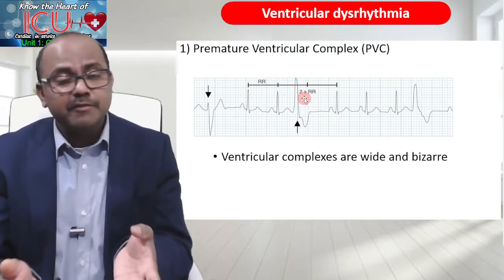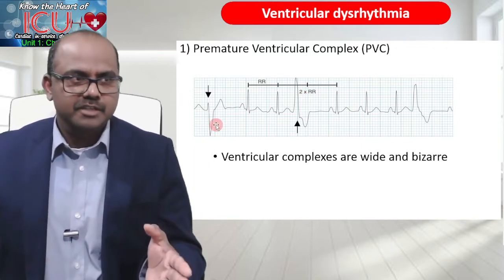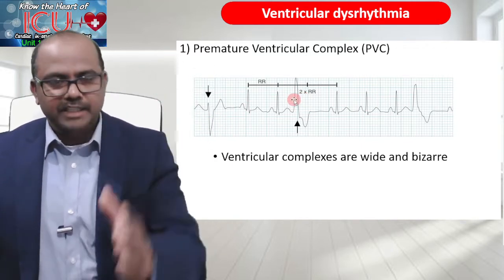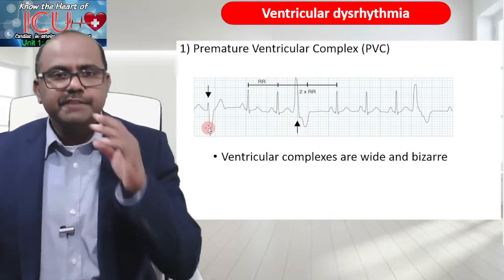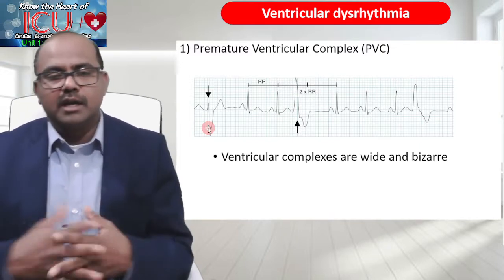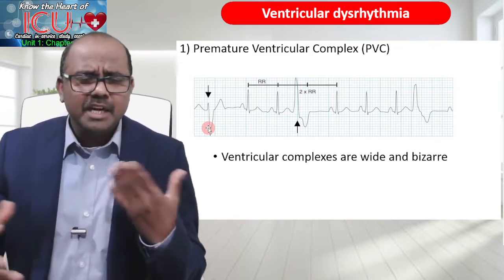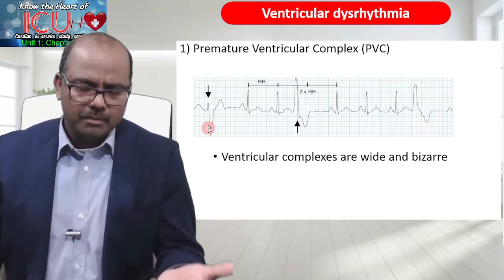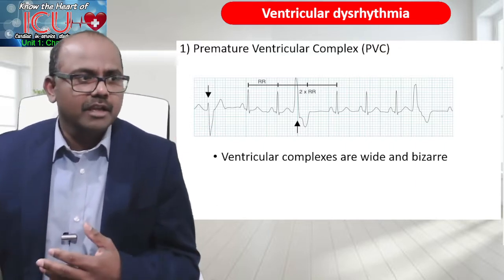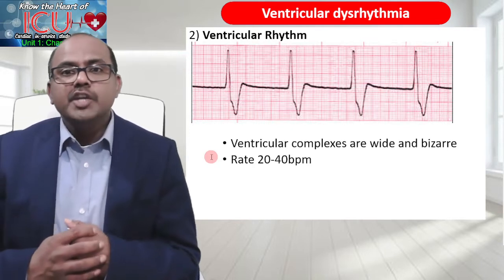The impulse is definitely from the ventricle, but one is from the right ventricle, one is from the left ventricle. So that's why one is upward, one is downward. Different parts of the ventricle are firing. So it's a polymorphic PVC or monomorphic PVC, or multifocal PVC or monofocal, unifocal PVC. Okay, anyway. When it comes to the ventricular rhythm or idioventricular rhythm,